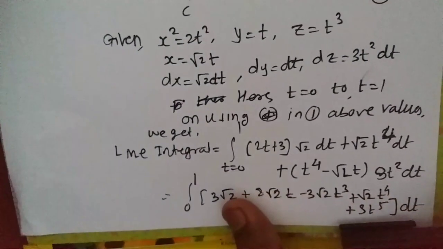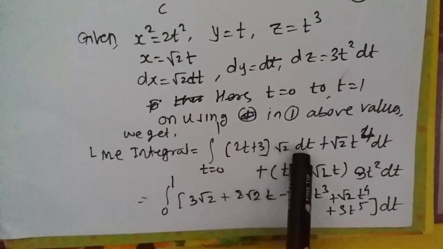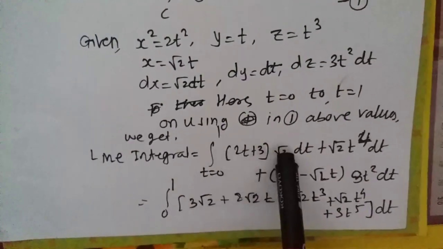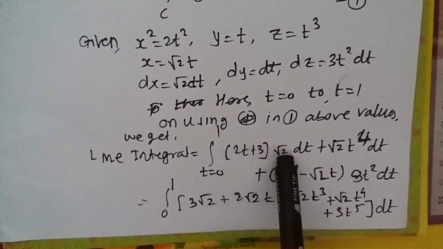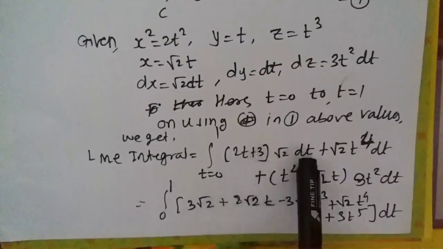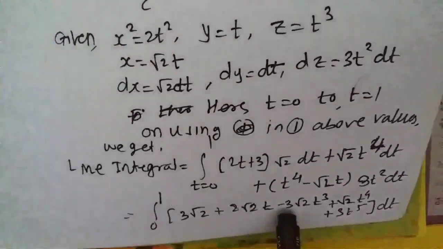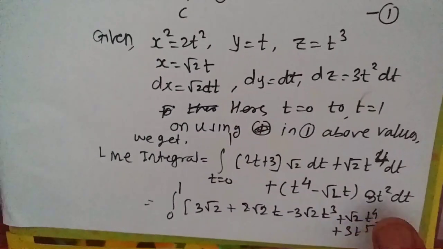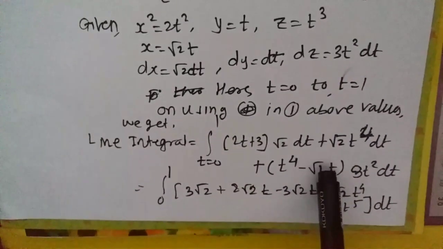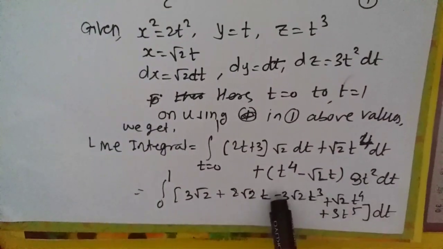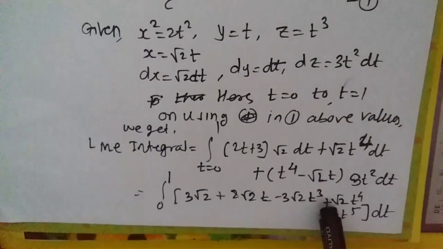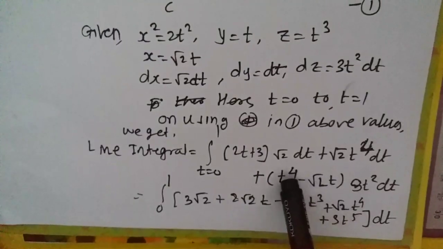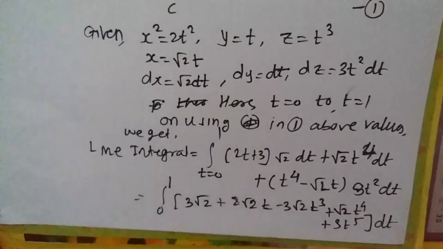So we'll have the constant term as 3 root 2, which will come from the multiplication of this quantity. This is the constant term. Then the degree 1 term, 2 root 2 t. This is the only term of t in all the three terms, so that will be 2 root 2 t. Then there is no second degree term, no term of t square. There is one term of t cube, which we get after multiplying root 2 t with 3t square, which will be minus 3 root 2 t cube. And the degree 4 term is this one, root 2 t raised to 4, and the degree 5 term is the last term, t raised to 4 into this 3t square.